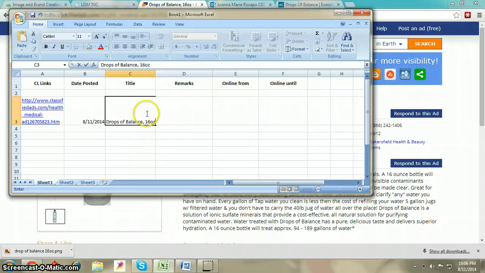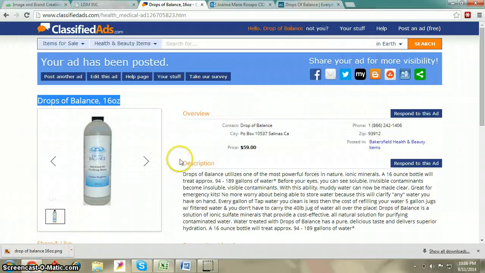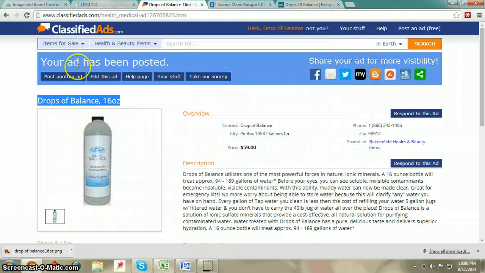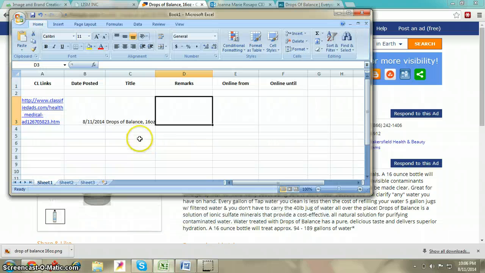This is how we can organize our ads. Then the remarks: if it's successfully posted or needs a verification process, etc. So you need to put the remarks for it. Right now the remarks will be your ad has been posted, so it is successfully posted.